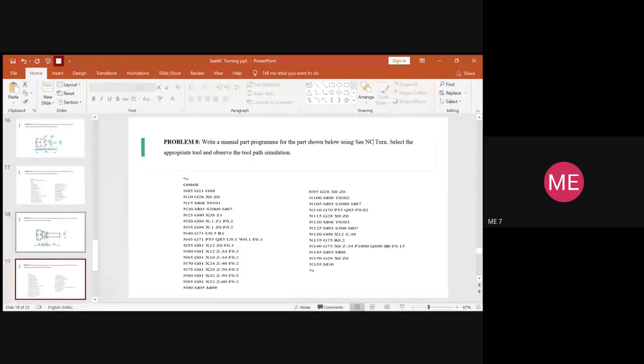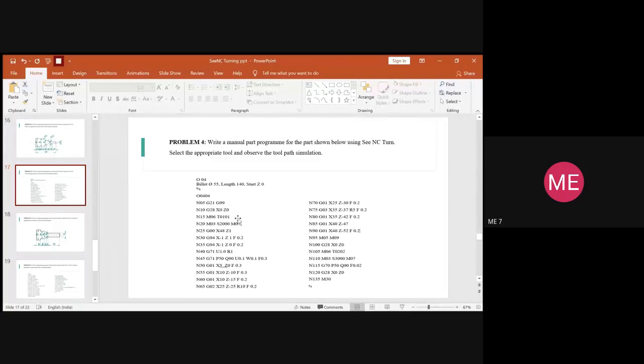In that case, the blank or billet that you select should be a little bit more than the requirement. Here the billet diameter is to be considered as 55 and the given length of the blank is 140.